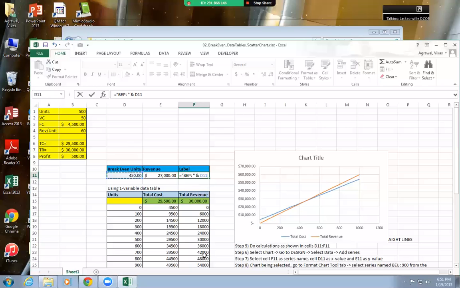So basically I'm appending two strings. Ampersand is used to connect with another string. So this is my one string. I'm connecting it with another string, which is break even point quantity, which is in this case 450.